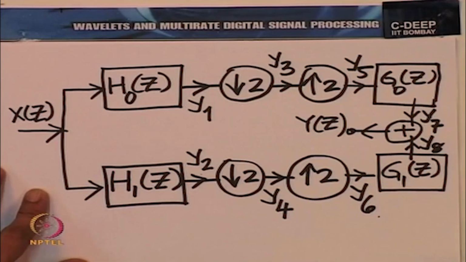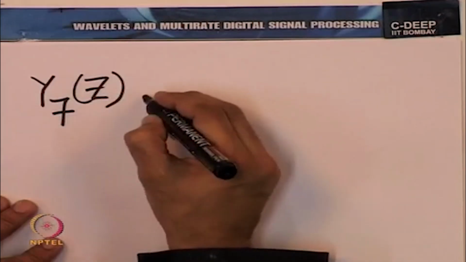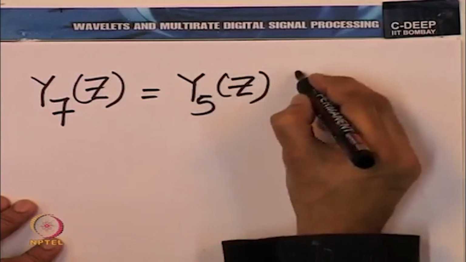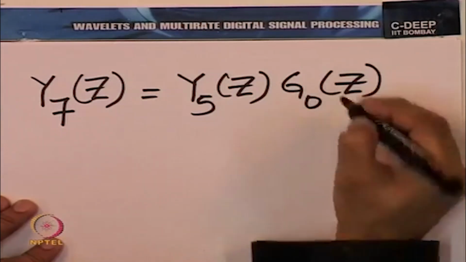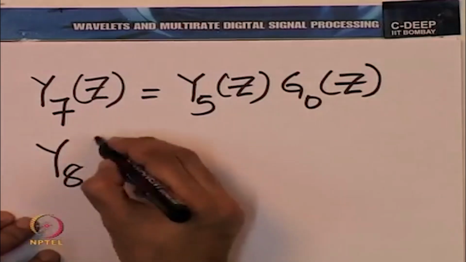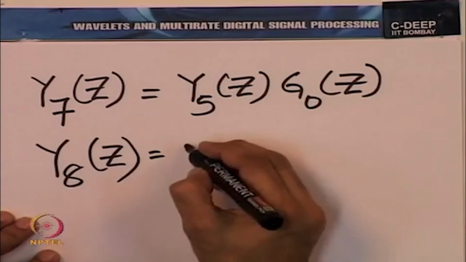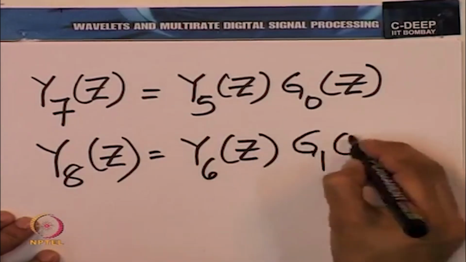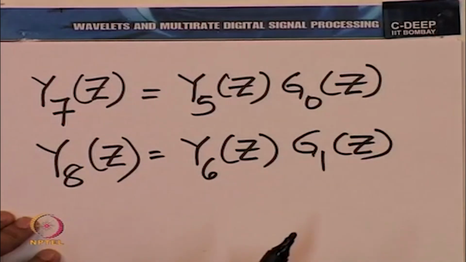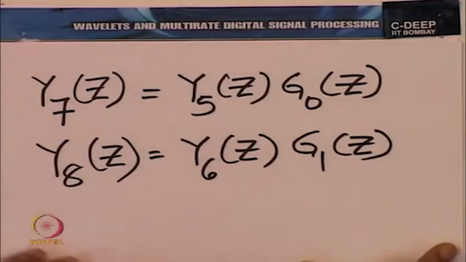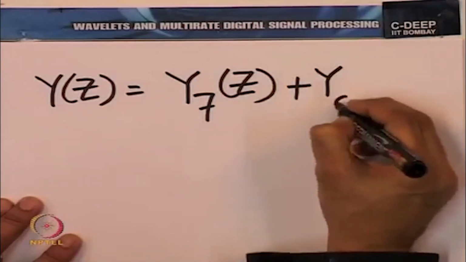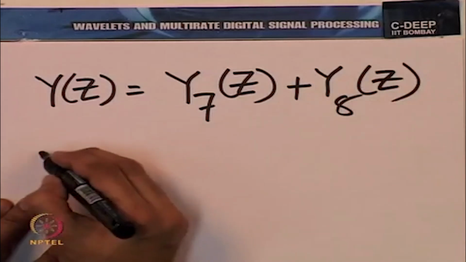So, we have Y7(z) is Y5(z) times G0(z), and Y8(z) is Y6(z) times G1(z), whereupon Y(z), which is Y7(z) plus Y8(z), becomes,